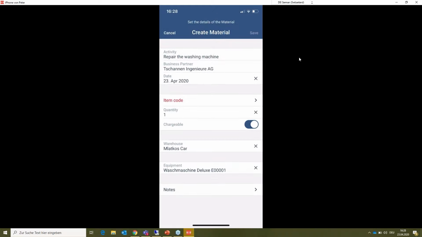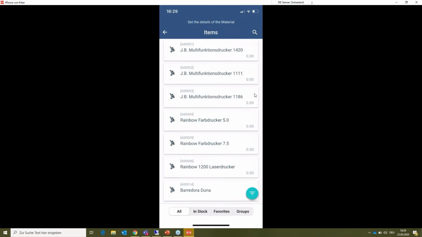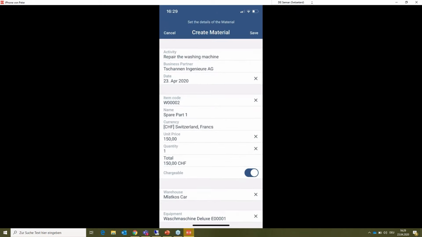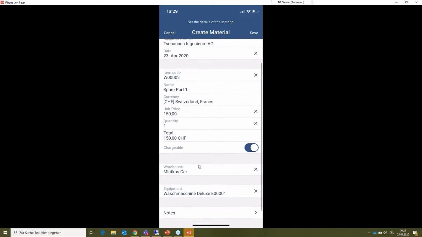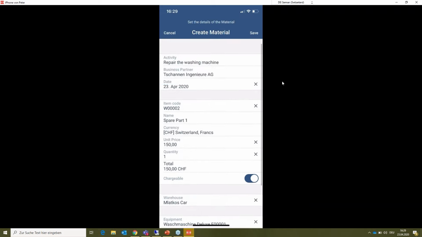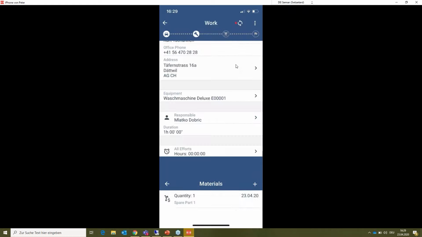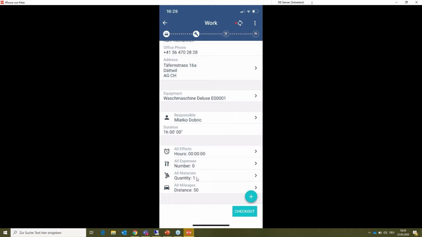It's somehow similar. Now in the checklist, I said I need a spare part that maybe I don't have, but maybe I used something else for the washing machine. And here I can search, as an example, for a spare part. I see the unit price immediately. It's here in my warehouse, meaning in my car stock, and I can save it so that it has been used for the service. So far we have mileage, we have materials, expenses not needed because it's just a 1 hour